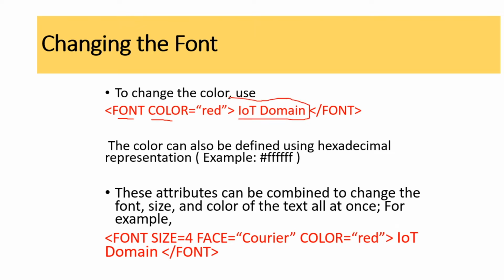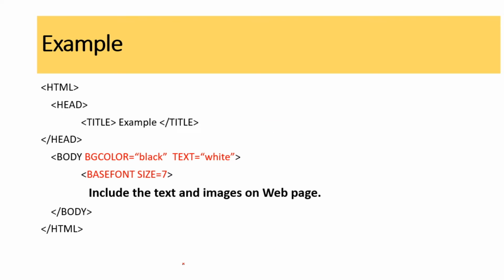This is a text which is going to be in red color now, and the font has to be ended with the end tag. So these following attributes can be accompanied along with the font. So the font size can be changed. Size equal to 4, I have kept it here, and the font type can be set. So face is equal to Korea. Then we have color, and it will end with /font. So this is an example of changing the font.